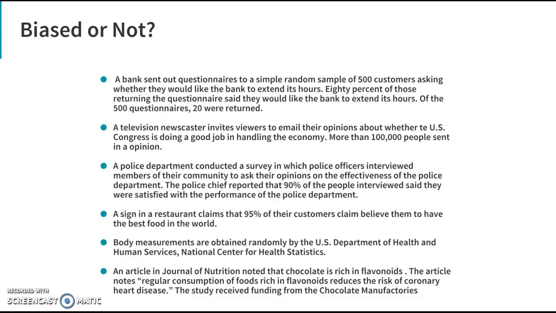A police officer is coming up to your door and they knock on your door. You open up, there's a police officer, and they say, "Hey, are we doing a good job?" What are you going to say? They're standing right in front of you. You going to tell them no? I guess some people will, but most people are going to say, "Yeah, y'all are doing good. Please don't arrest me.